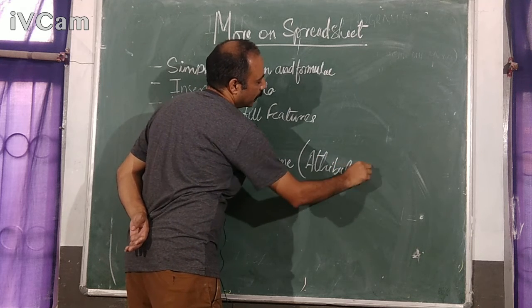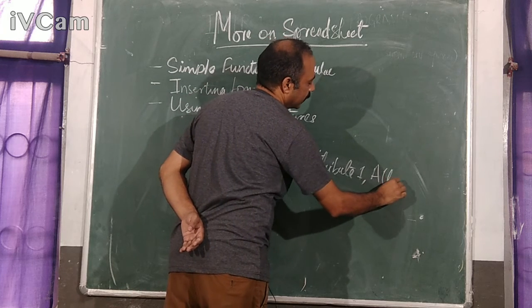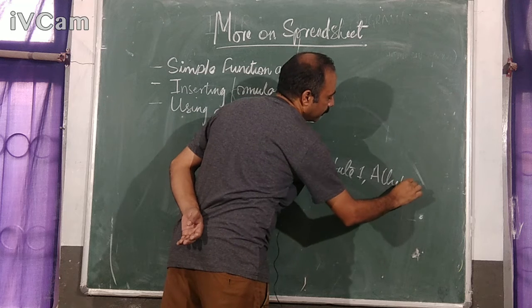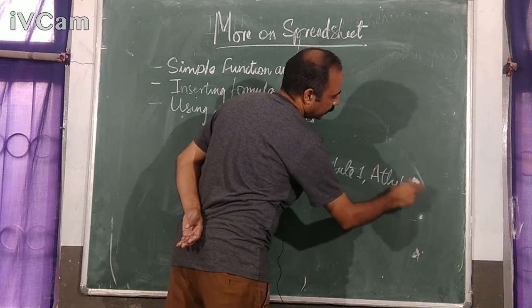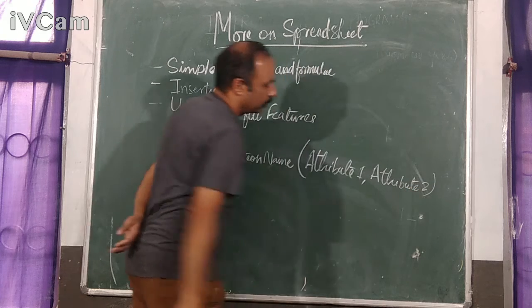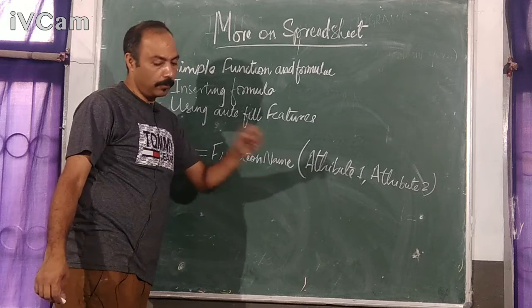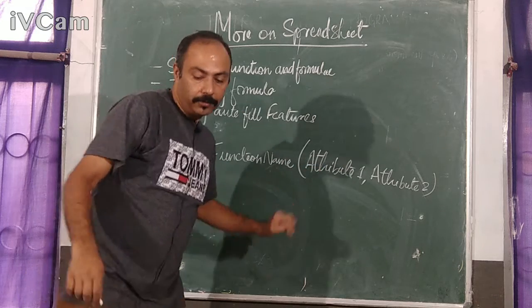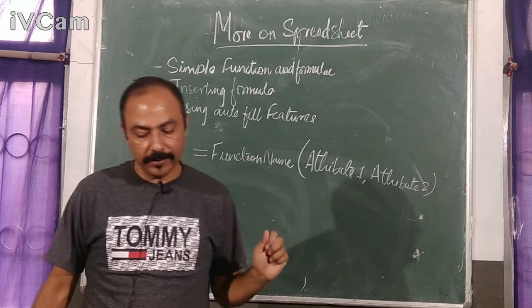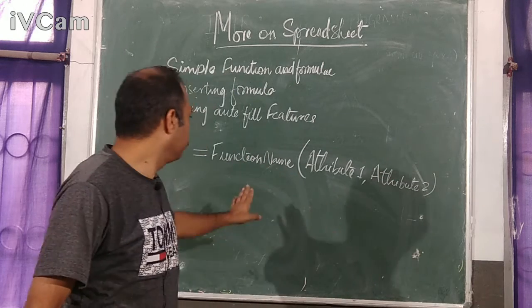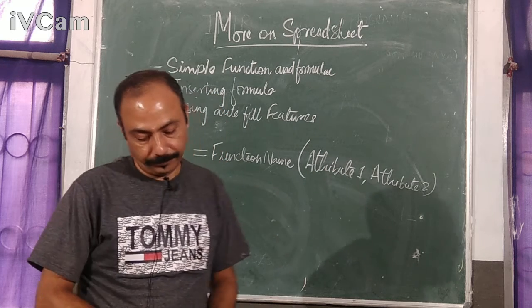Attribute 1. However many attributes there are, accordingly you can write. Attribute 2. The attributes need to be enclosed in the bracket. So the way of writing or accessing the function is you have to write the function name and the attribute which you want to give.